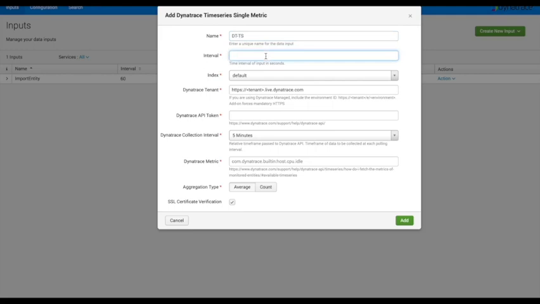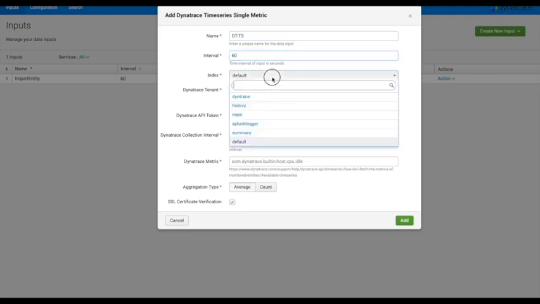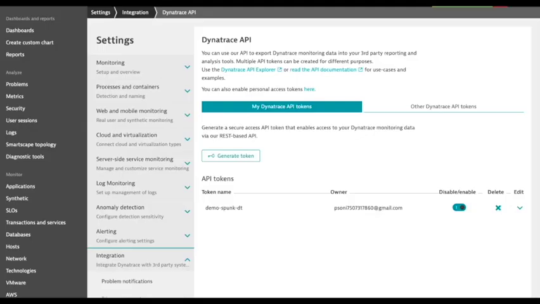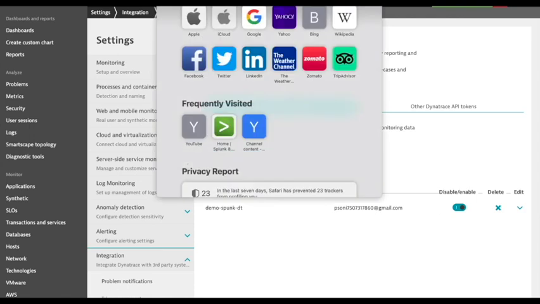I'll create an interval of 60. Index is Dynatrace, and I will give the name of it to